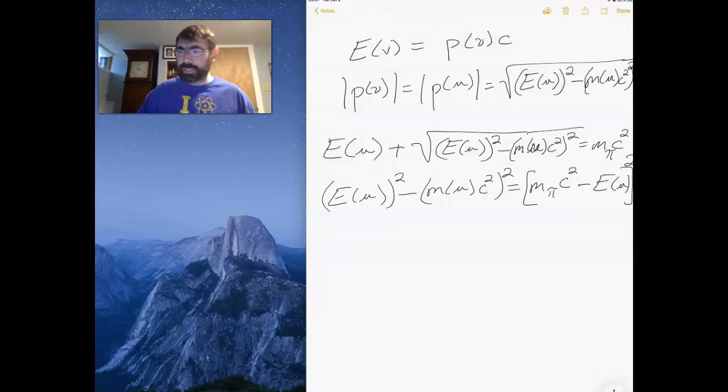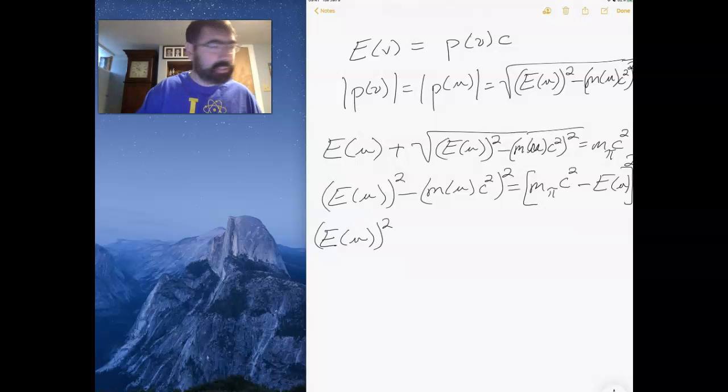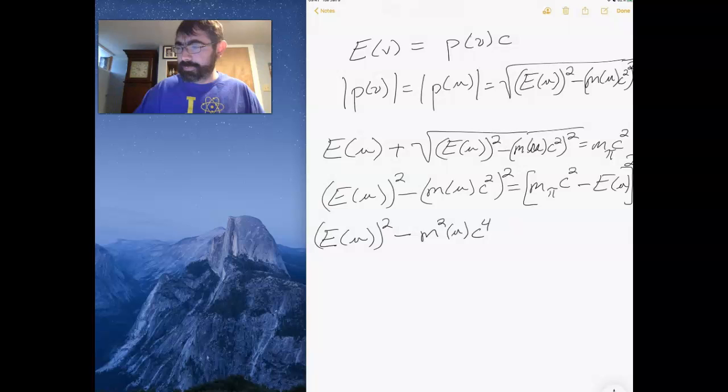And when I do that, I get the energy of the muon quantity squared minus the mass squared of the muon times c to the fourth